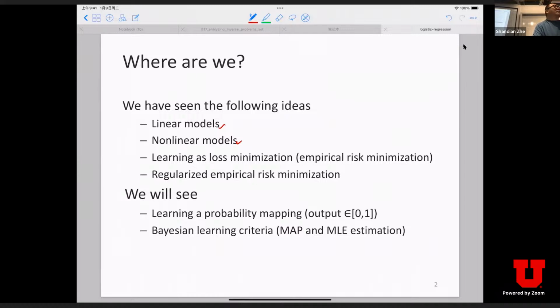But we have also discussed other types of models. Yes, exactly right. And we can build up nonlinear models from scratch, right? It's not necessary to always base them on linear models, right? So the very first model, decision trees, are nonlinear models. If you can remember, although it's very simple, the decision boundary can be quite complicated, right? And then artificial neural nets, right? These are another way to build a nonlinear classifier from scratch.